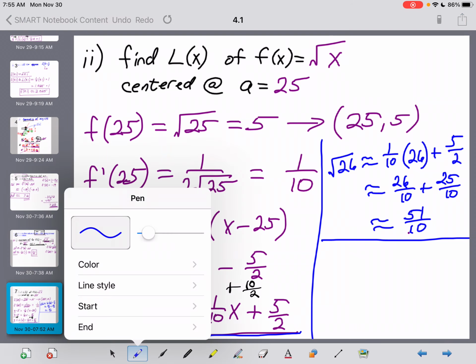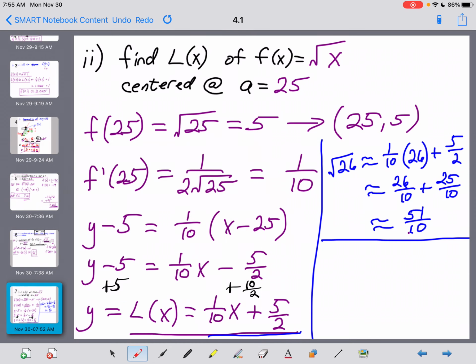The real thing we were being asked to find here, guys, if we go back to the beginning of this problem, is what's an approximation for the square root of 26 minus the square root of 25? Well, the square root of 26 we approximated to be 51 over 10, minus the square root of 25, which is just 5, or 50 over 10. And 51 over 10 minus 50 over 10 is going to get us 1/10,